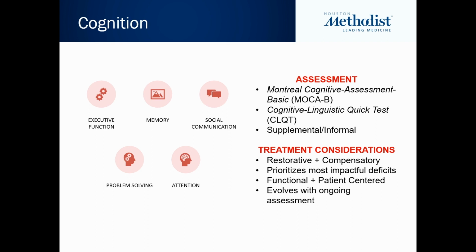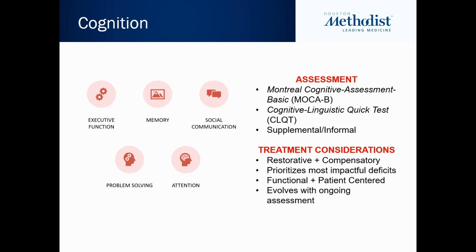But importantly, if a patient has a perfect score on a screener such as a MoCA, but they've had a right CVA, they were previously independent working, and you informally are noticing X, Y, and Z, it is imperative that you take a step in the right direction and try to give them a higher level assessment. Here at the hospital, we typically like to give the Cognitive Linguistic Quick Test, which is a comprehensive battery. It does take more time to administer, but it is criterion referenced, and we are able to obtain a composite score with a correlated severity score based on that patient's age range.